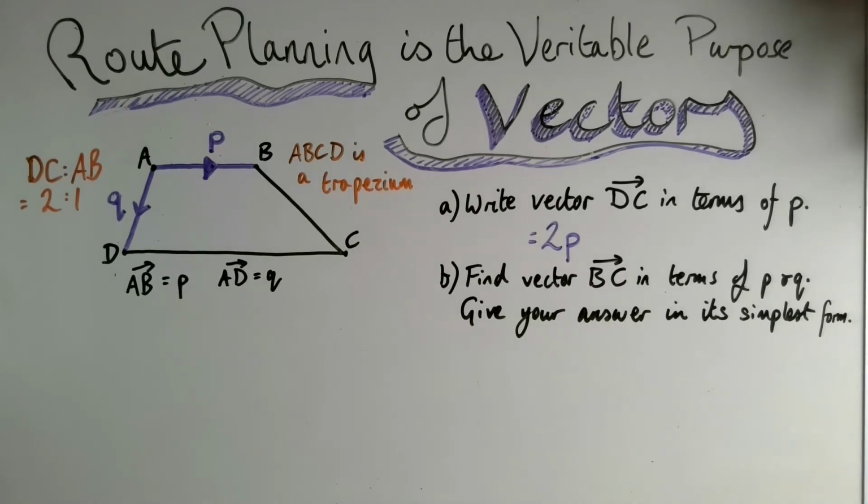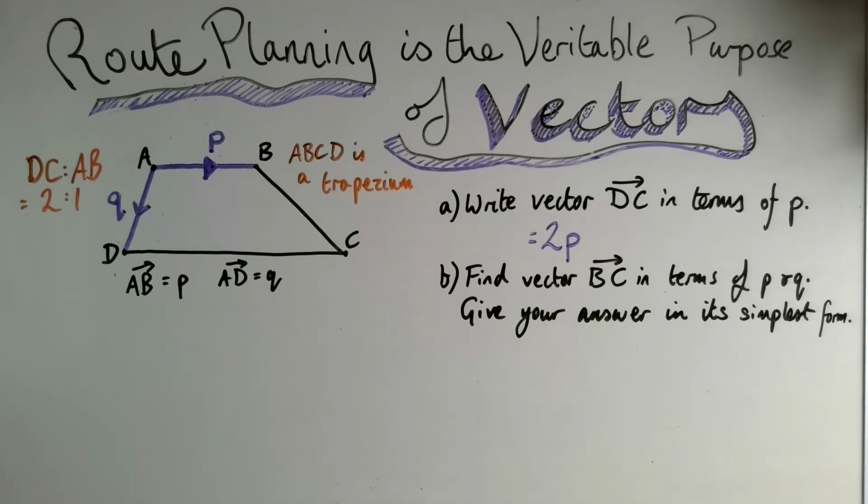So here's our final question on here, finding BC in terms of P and Q in its simplest form. So have a go. Do it without simplest form first of all, and then simplify. Right, so if you've had a go, now